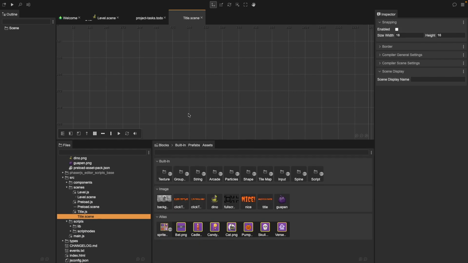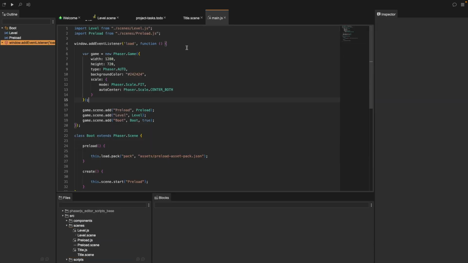Next, to use our scene in our game, we need to update our game configuration to use this scene. So under our source folder, let's open up main.js. So inside main.js, there's going to be a bunch of boilerplate code for our Phaser game. And this is the code that was generated as part of the initial template when we used that for bootstrapping